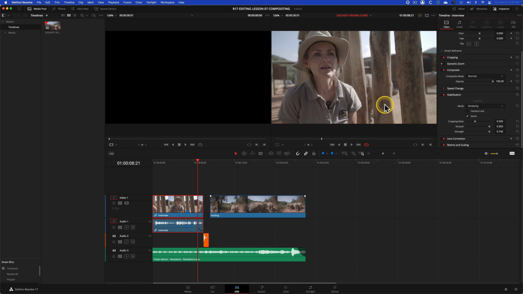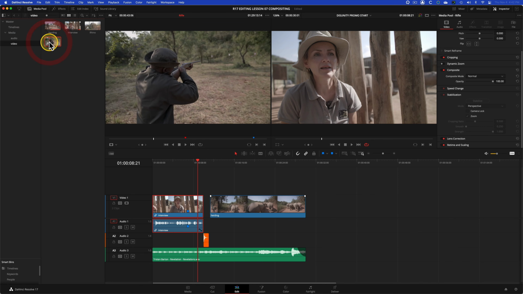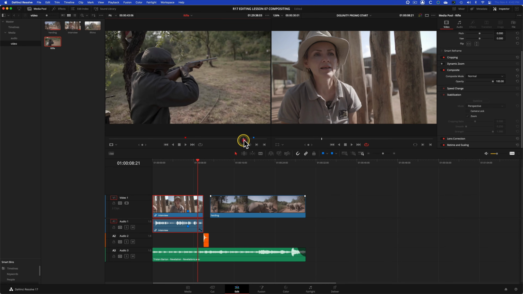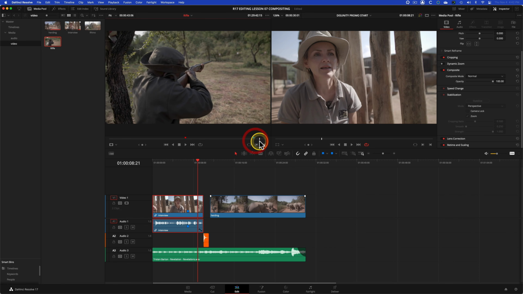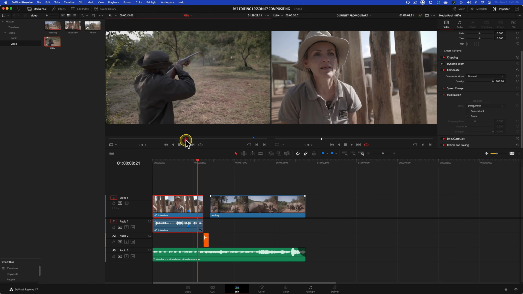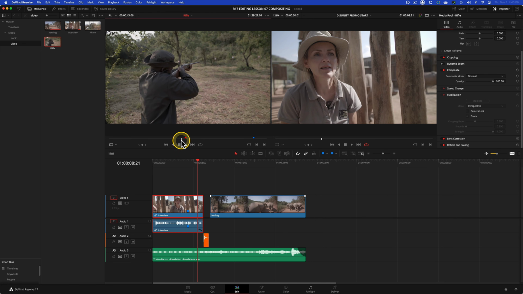And so the first shot that we want to do is in the media bin, and we'll go into the video and we'll go with rifle. So we'll double click this, or you can bring it in. So in this clip, the rifle is fired twice. There's one, and there's a second shot. So what you want to do is make sure that we use part of the shot that is actually before